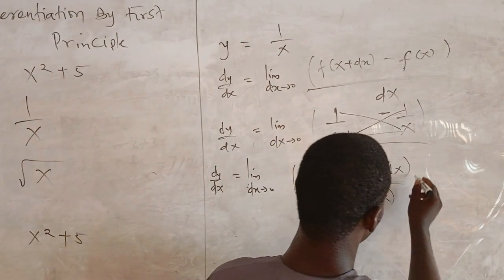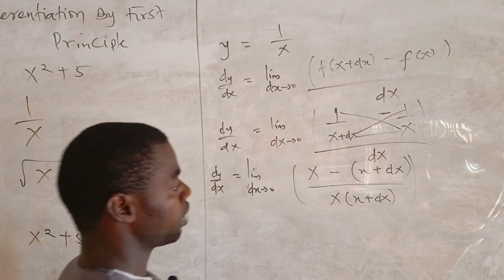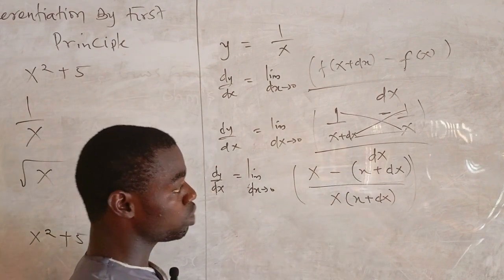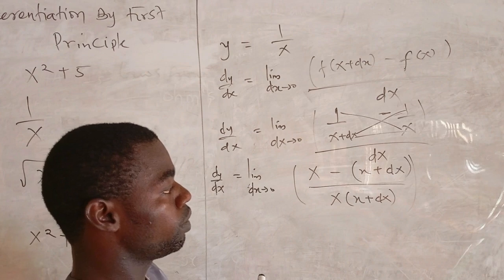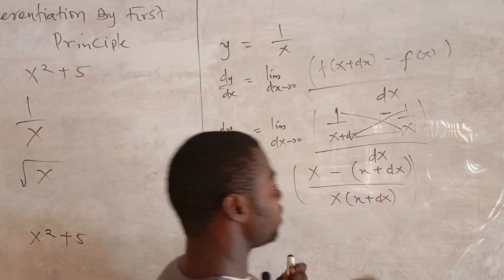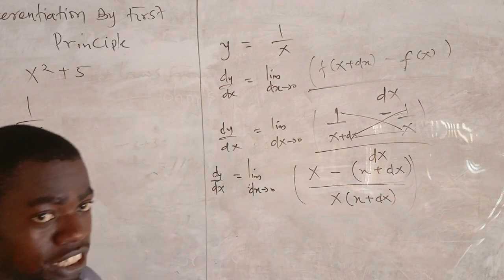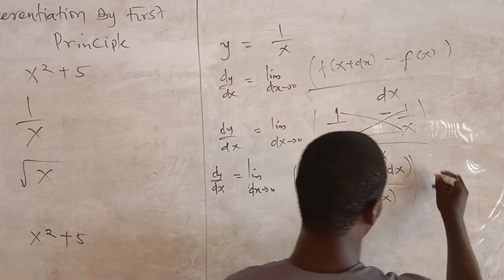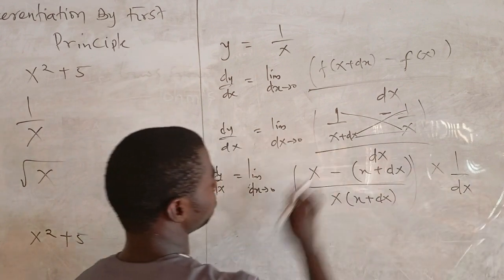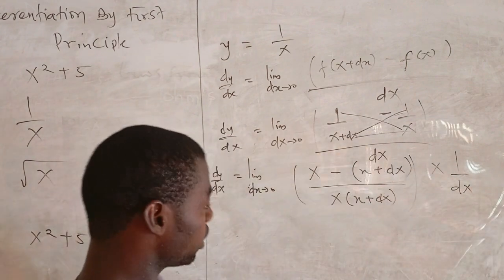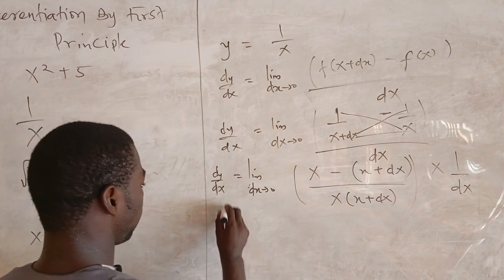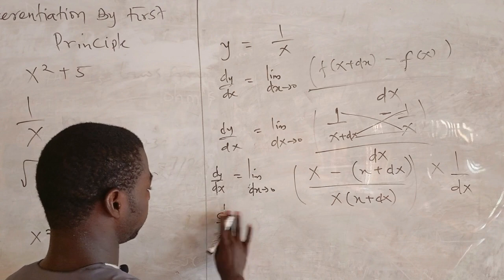So this is what we are having, divided by our dx. And when you want to divide something, it's the same thing as multiplying by the inverse of that thing you want to divide with. So we can say this is times 1 all over dx, meaning that we are dividing by this dx here, right? Okay, simplifying, we have dy over dx